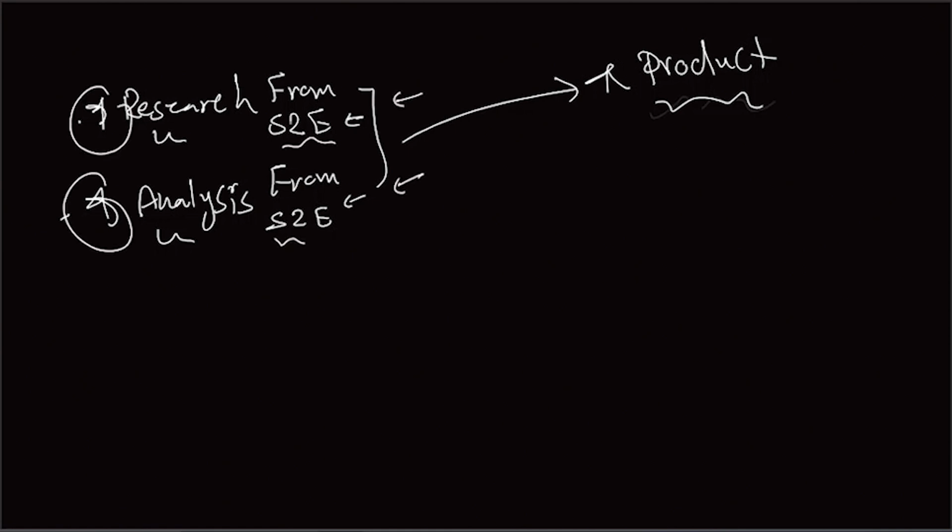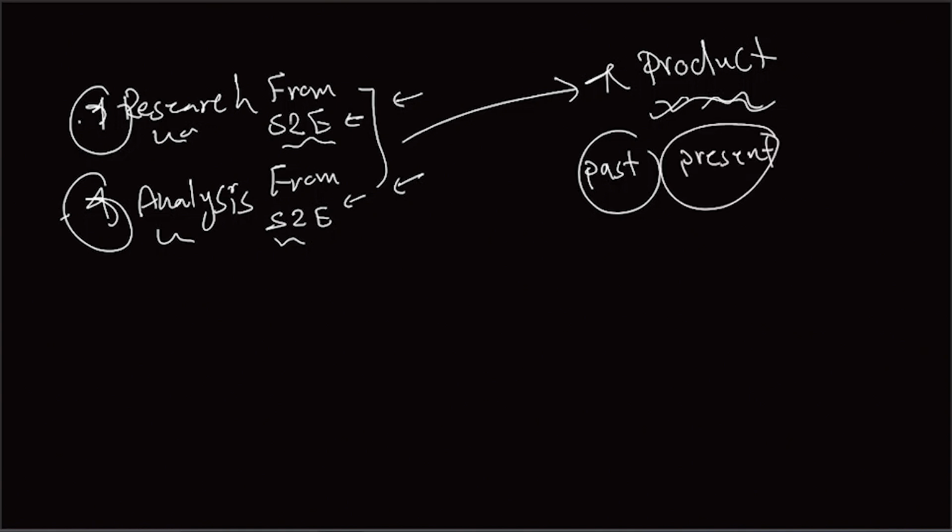Now, as an outcome of this, for the product you have in here, there is only one element missing. Let me say it in some other way. Imagine you would have the past, which actually represents the information that you had at hand in the research step. And then you would have the present, which is represented in the process of the data and the final shape or the outcome of this product. What you see is missing here, and that is the future.